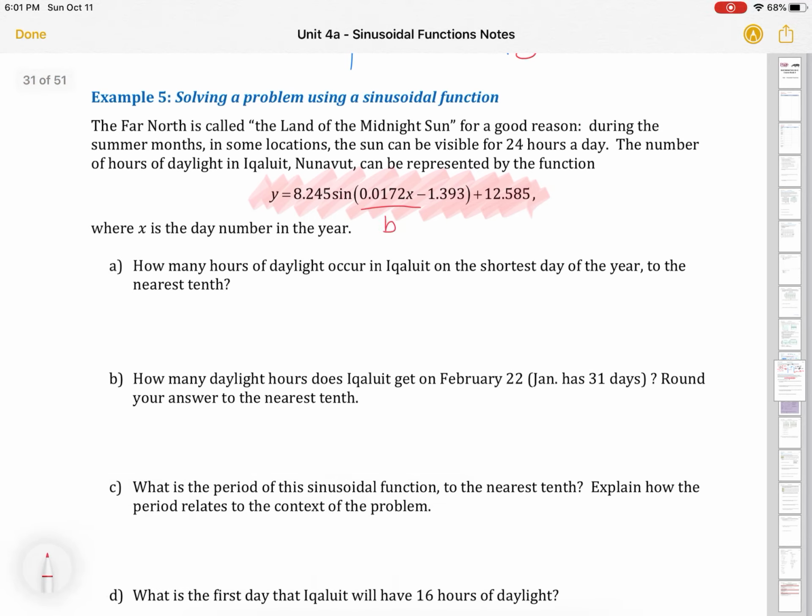Let's think about what we know. This is our B. We have our A, and our maximum and minimum. This is giving us hours of daylight, right? On the shortest day of the year, it's going to be the minimum, correct? So it would be